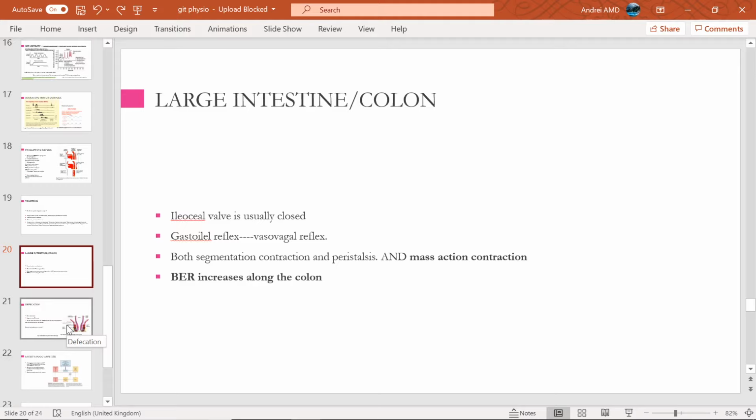And this is what I mean, gastroileal reflex. This is when you stimulate the peristalsis of the colon or the ileum from the stomach. And this is done by the vagal nerve. So any vagal nerve reflex is called a vasovagal reflex. And same thing, after you eat, I forgot, but also the stomach can influence the peristalsis in the rectum or the descending colon. And that is also a vasovagal reflex. And that is why